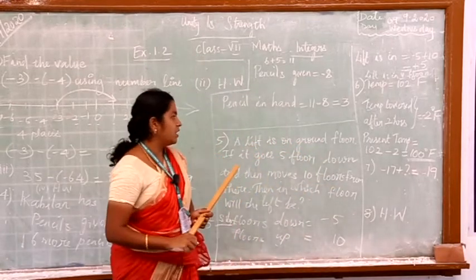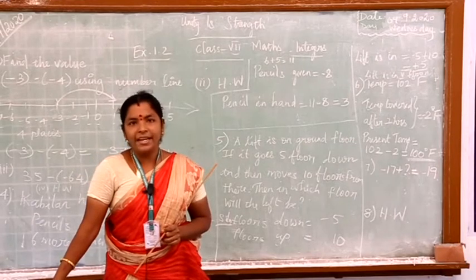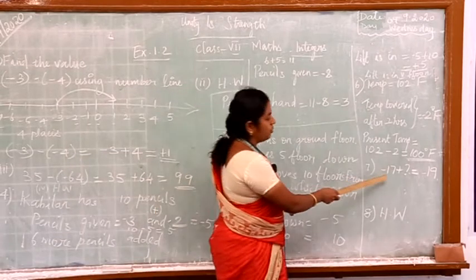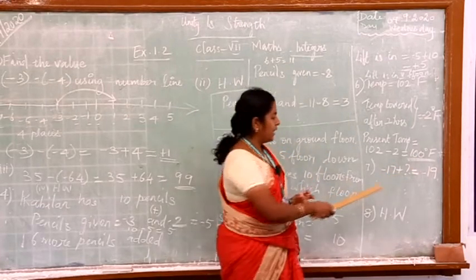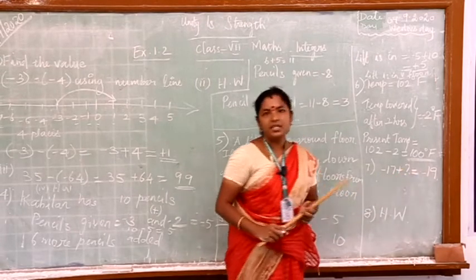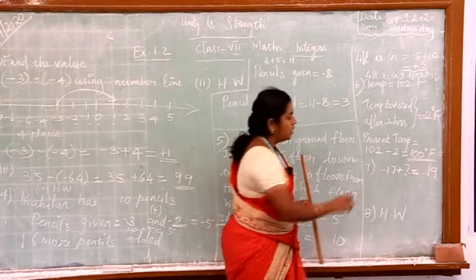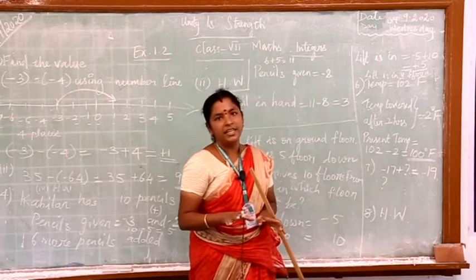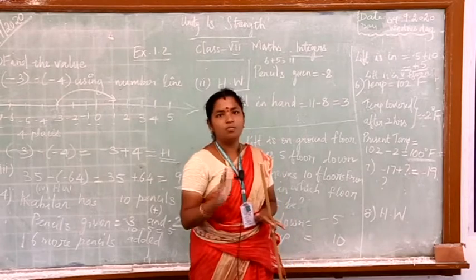Now we will be going for the 7th question. So the 7th question is, what number should be added to minus 17 to get minus 19? That is the question. So minus 17 plus whatever number it is, we are going to give a question mark, equal to minus 19 there. So this minus 17 goes to the other side as plus 17. So we will have this question mark as such. Since we have a positive symbol here, no need of changing anything. So if it is representing plus or doesn't represent it there, it's represented as positive over there.